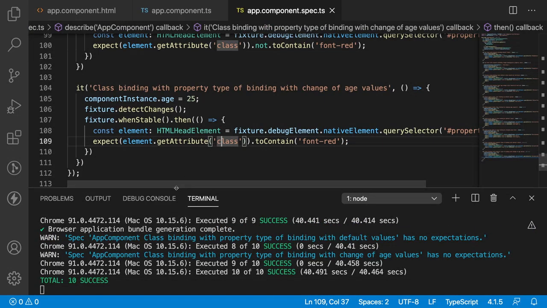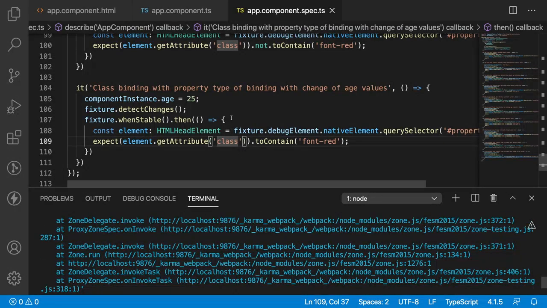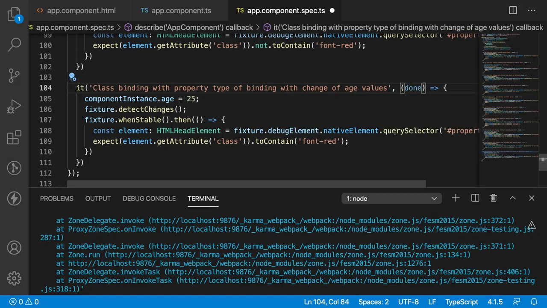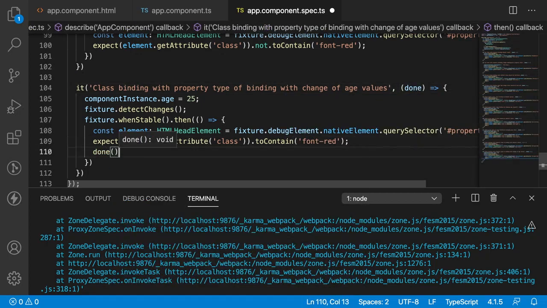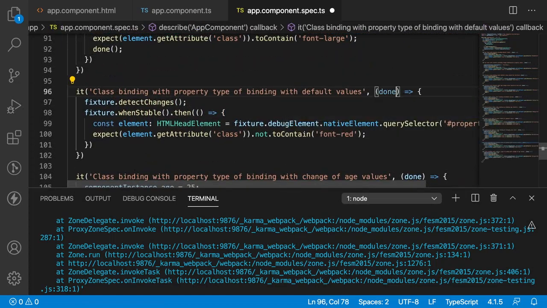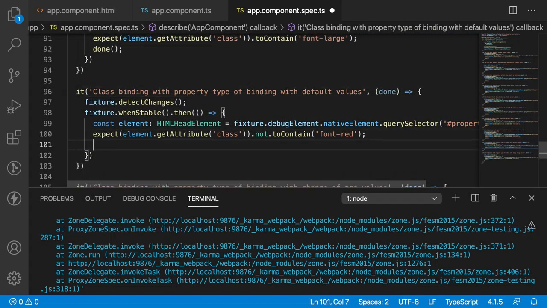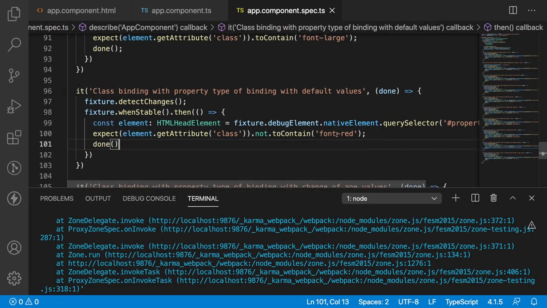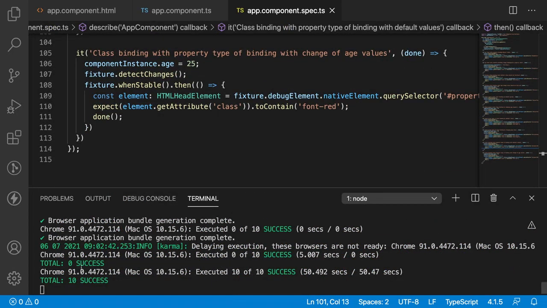Again giving an error because we didn't handle the done state. So let me use done and let me use done state. Save this, and here also we can use done, and here also we can use done state. Save this. So you can see now the 10 test cases have been successfully completed.